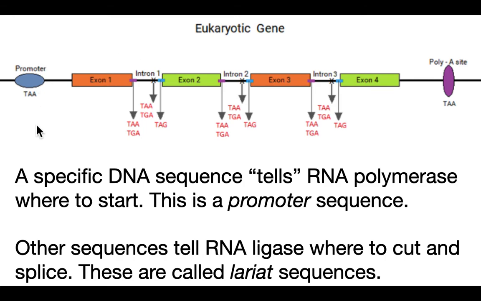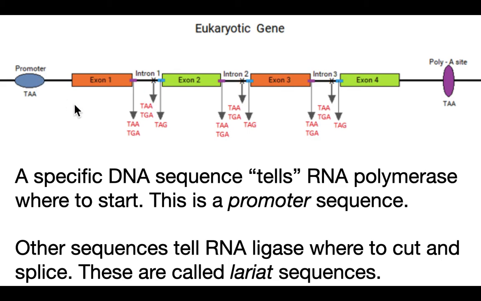You might ask, how does it know where to cut? And the answer is that there are specific DNA sequences that tell RNA polymerase where to start making the pre-RNA, that's called the promoter site, and here it says the specific sequence in mammals is TAA. So there's a thymine and two adenosines, and that's always present whenever there's a promoter site within a